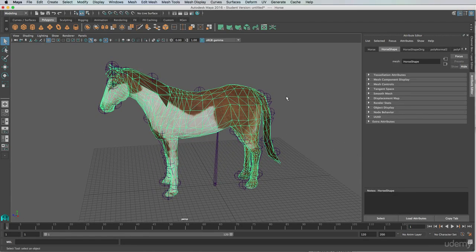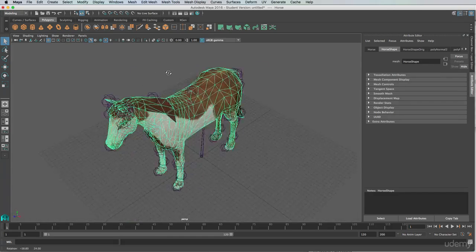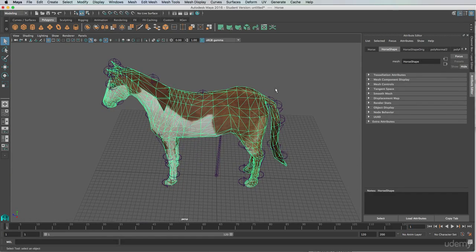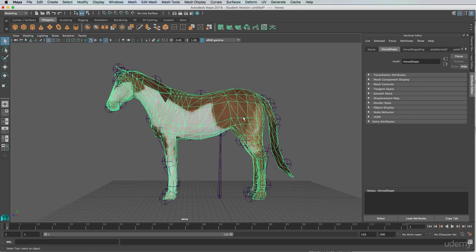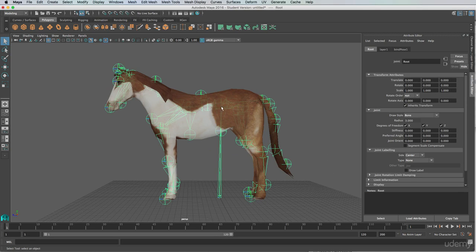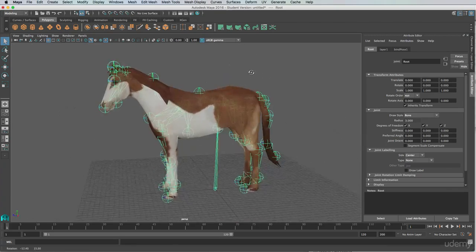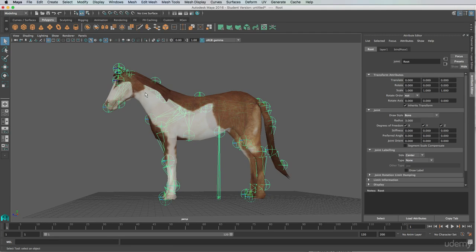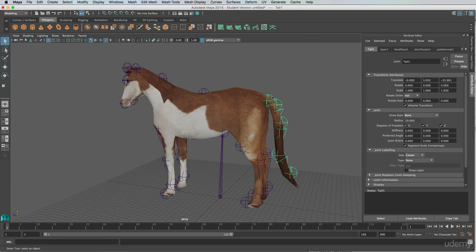A rigged character consists of two parts. First, it has a skin, which is the outer layer of the character, and the skin has the texture applied to it. The part that is bound to the skin and allows the skin to move is the skeleton. And the skeleton, you can see here, has a series of bones and joints. Just like a real skeleton has bones and joints, the bones and joints in the character allow different parts of the character to move. For example, if we select just this joint and rotate it,